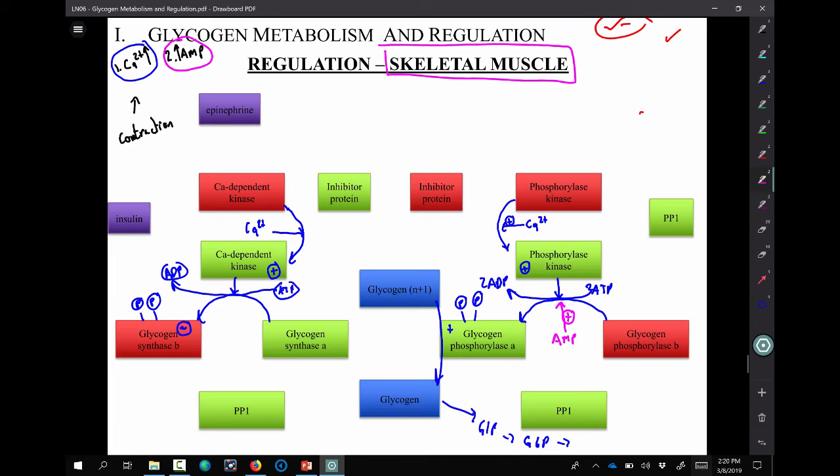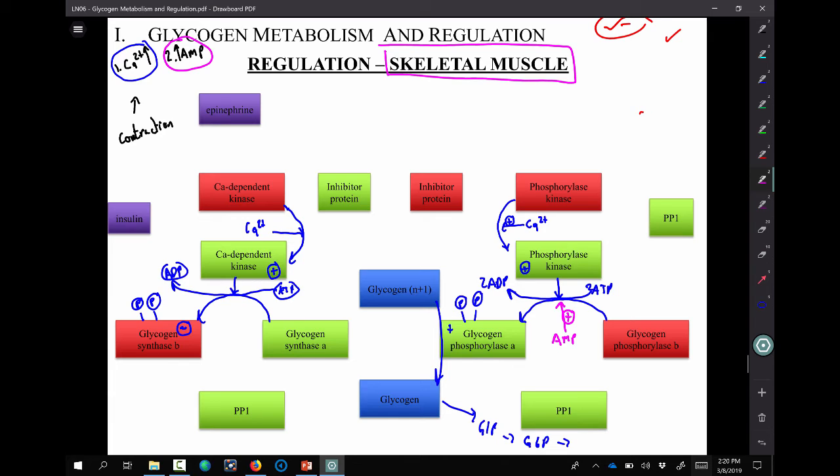Either. There are degrees of activity that the phosphorylase can have. AMP can take glycogen phosphorylase b, allosterically activate it, and convert it essentially into the a form. That a form can still be a target for phosphorylation, or vice versa. So it can be either. Yes? So in the presence of this calcium-dependent kinase,